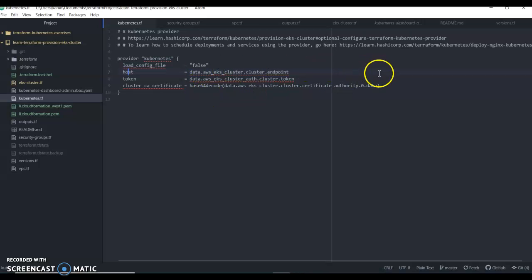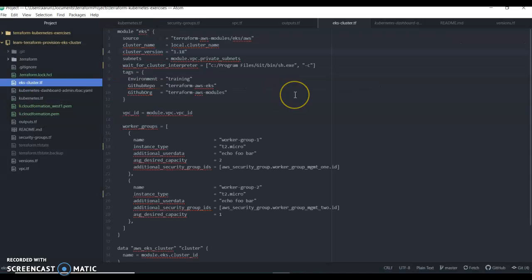We're going to decode that certificate using the base64 decode function, and then we're going to pass this certificate authority data also in order to decode this certificate from the AWS provider. So that's about the provider information. That's for the first step, and then we should open the second module, wherein the module says the EKS is